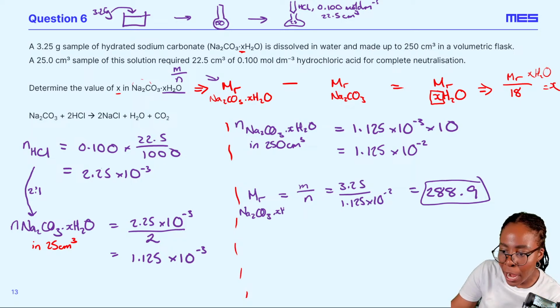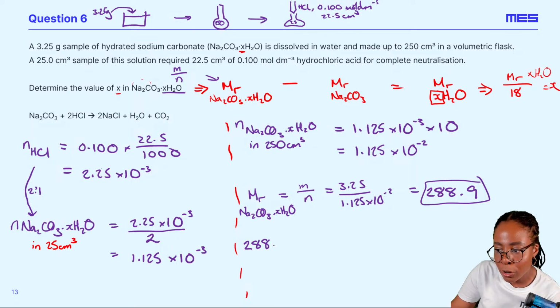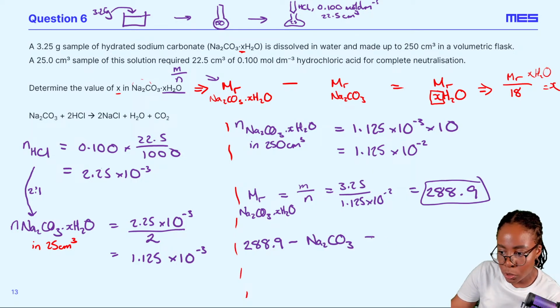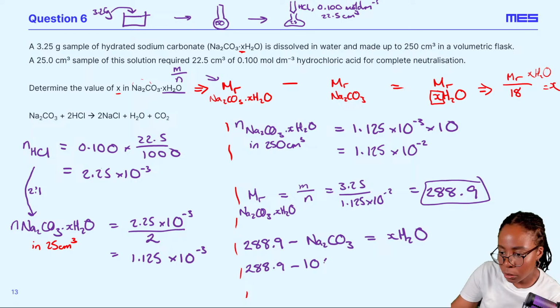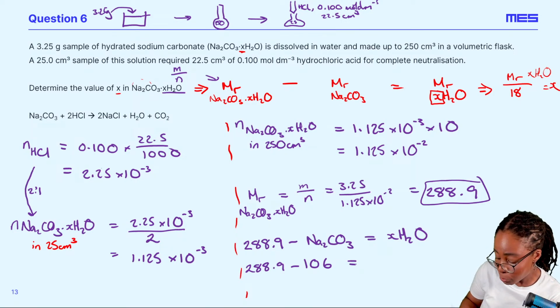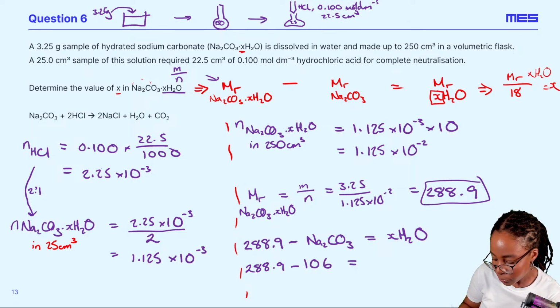If we want to figure out how much water was attached, we need to subtract the MR of just the Na2CO3, and that will give us the water. Okay, are we happy with that step? If not, please, please, please let me know. I'm trusting natural scientist. I'm trusting you and I'm using your value because it sounds about right. We get